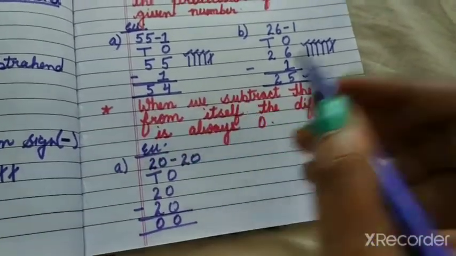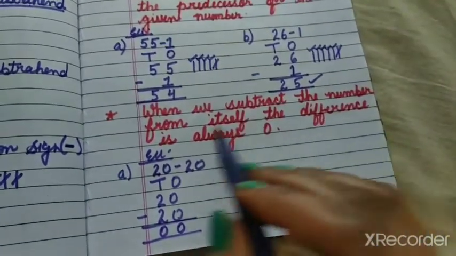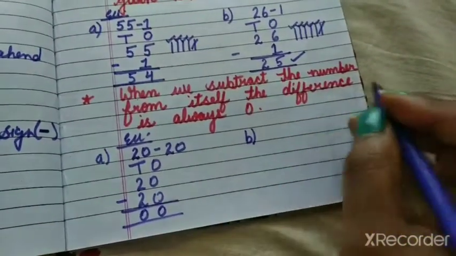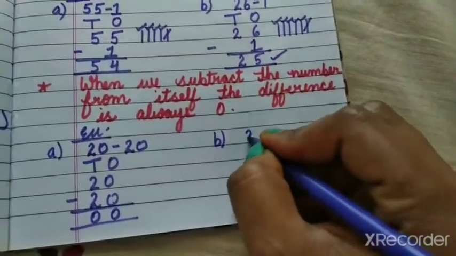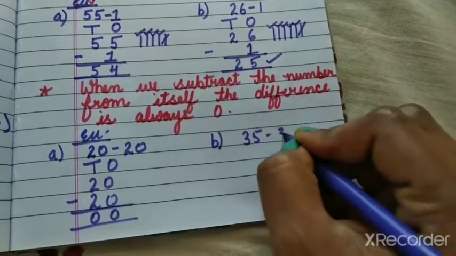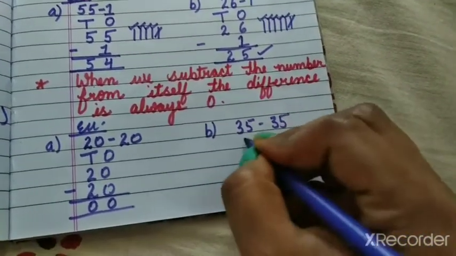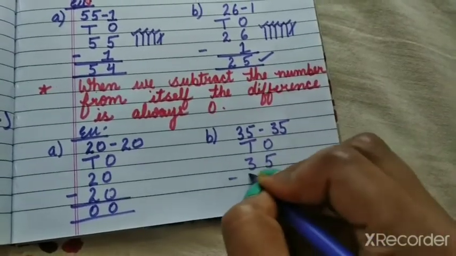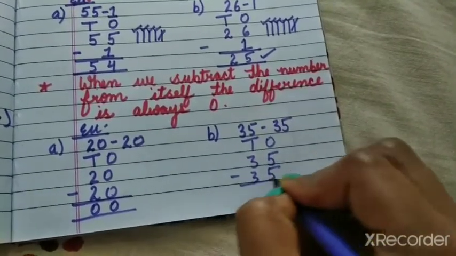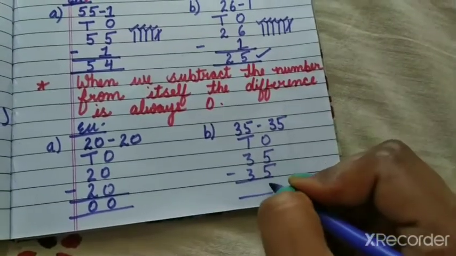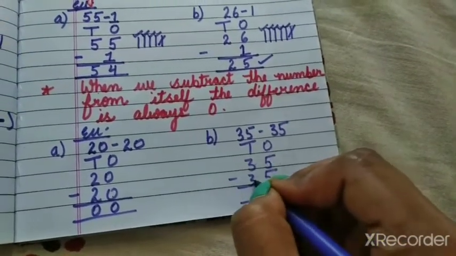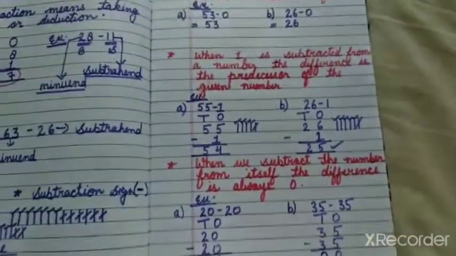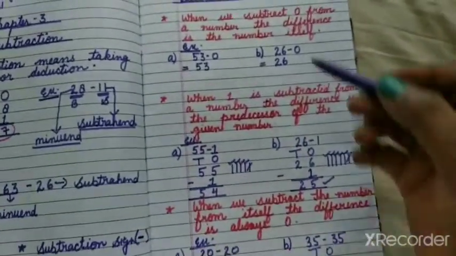When we subtract the number from itself, the difference is always 0. One more example. 35 minus 35. 5 minus 5, 0. 3 minus 3, 0. Okay. So these all three